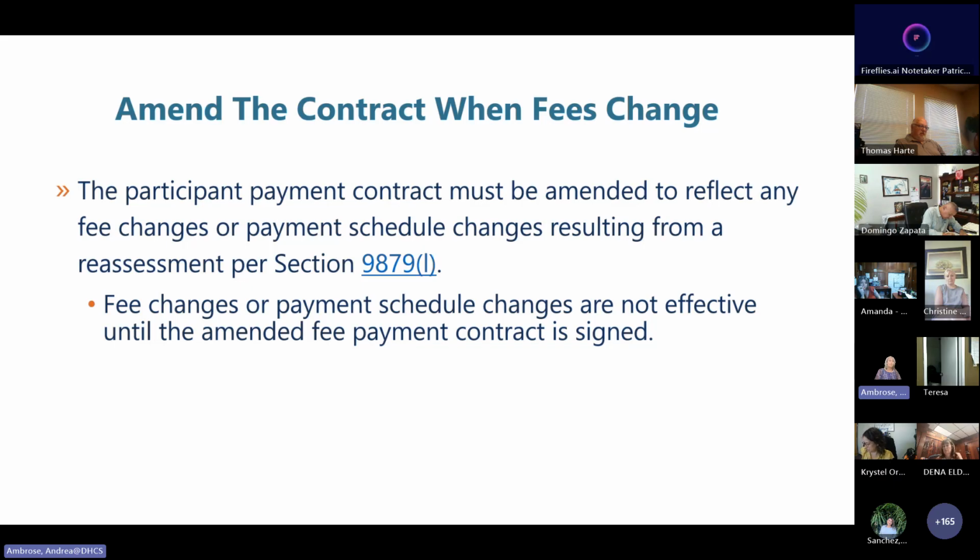The new fees are not effective until you've got that amended contract. So you can't just automatically start charging them standard program fees. You have to go through the assessment process. You have to document that they're no longer eligible for GA or GR and what their income is. And then, and only then, can you change their contract and have them start paying the full program fee. Very important.